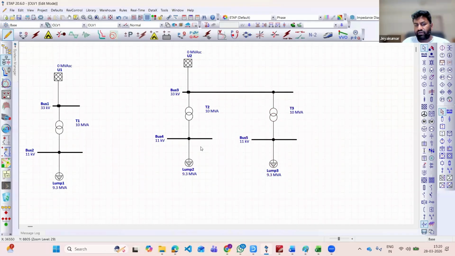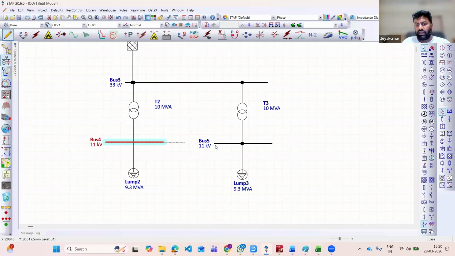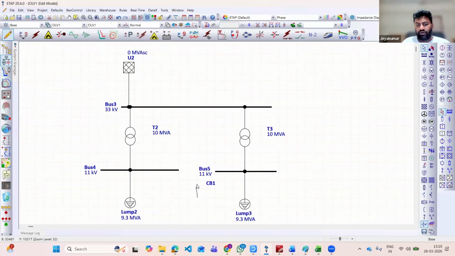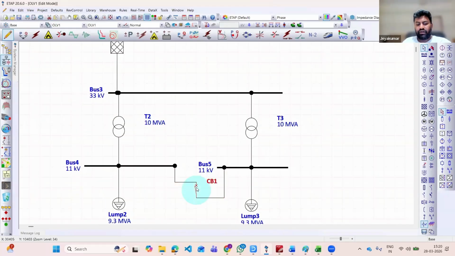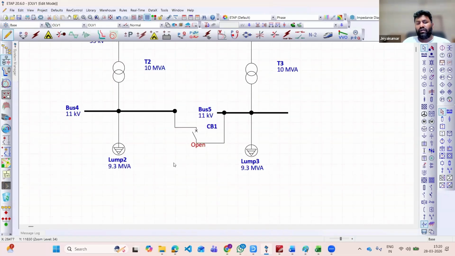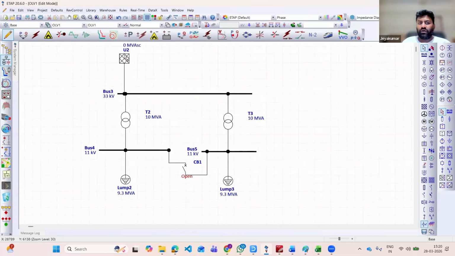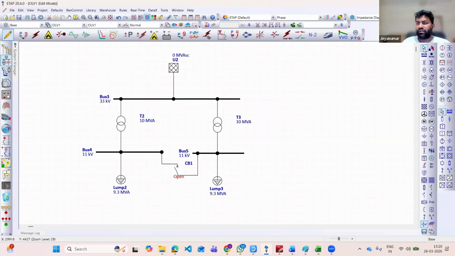So we'll have another transformer. Okay. Then ideally what we'll do, we'll have one bus coupler. So we'll have this bus coupler always open. Now, when you run the scenario, please remember that when you run the scenario,